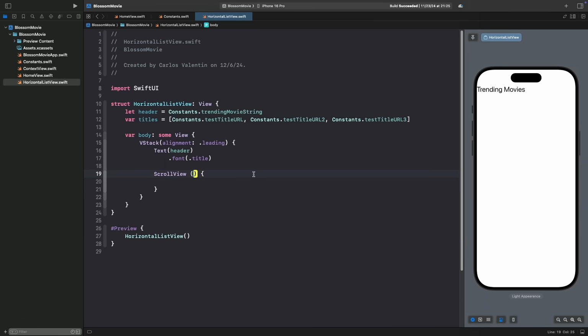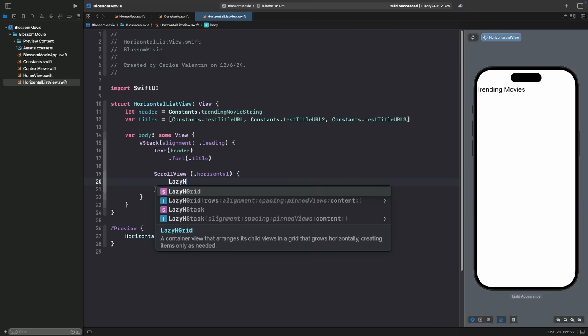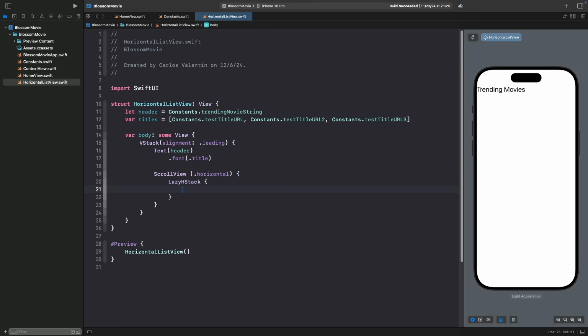Inside the parentheses, put .horizontal. This allows our views to scroll horizontally. In the braces, type LazyHStack with braces. LazyHStack only loads the views when needed. Inside LazyHStack, ForEach